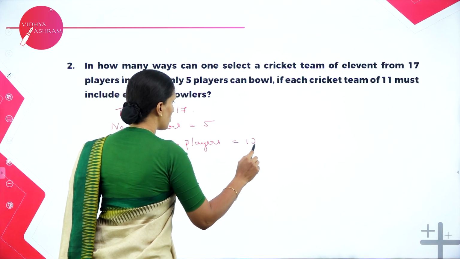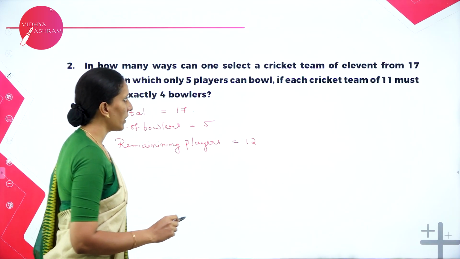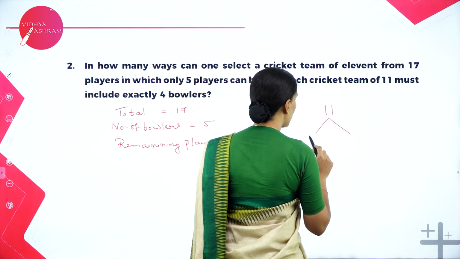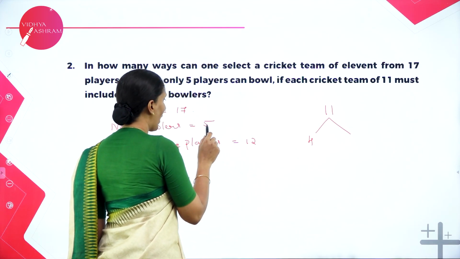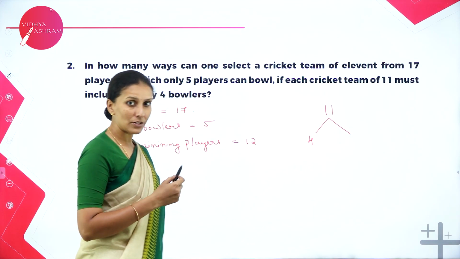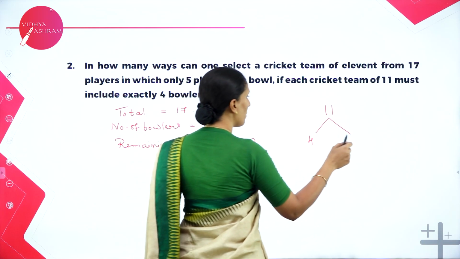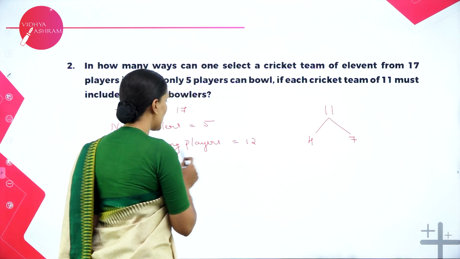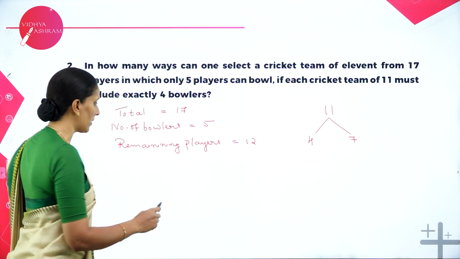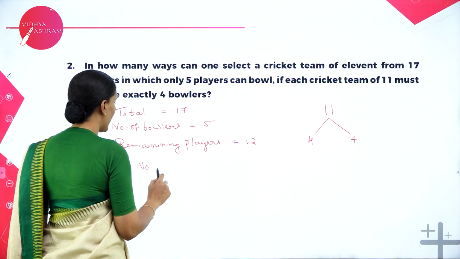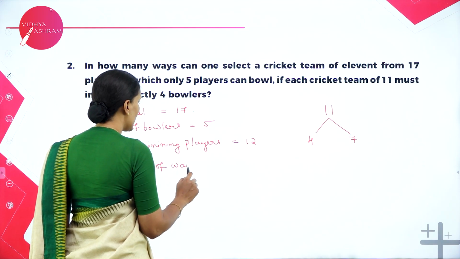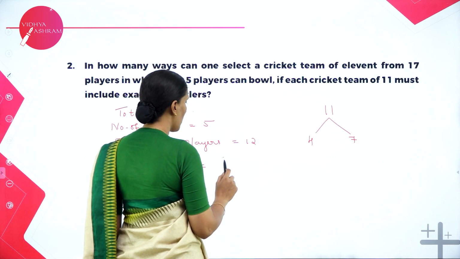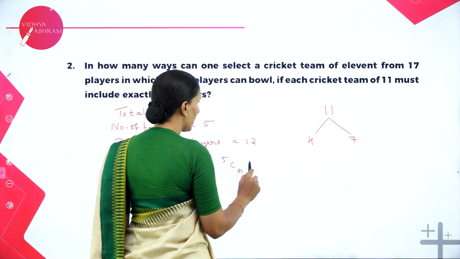Now the remaining players is equal to 12. The condition is that we need to choose a cricket team of 11. Out of them, 4 must be bowlers. So out of 5 bowlers, 4 bowlers have to be in the team. Then how many are remaining in the team? So that is 7. And these 7 players have to be selected from the remaining players. So therefore, the number of ways of selecting a team where 4 are bowlers is 5C4 into